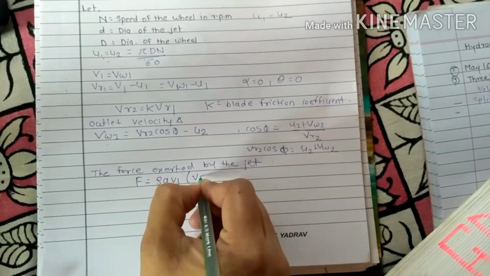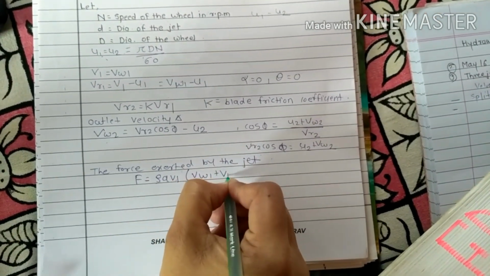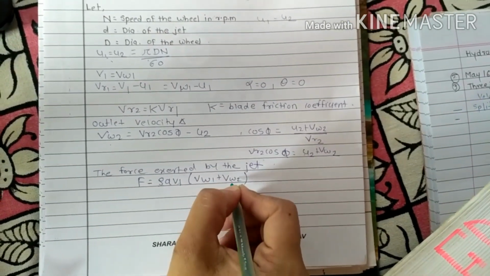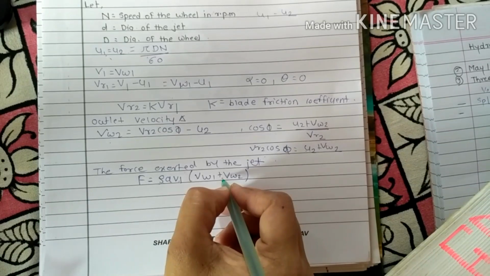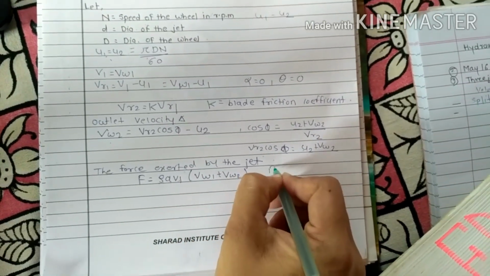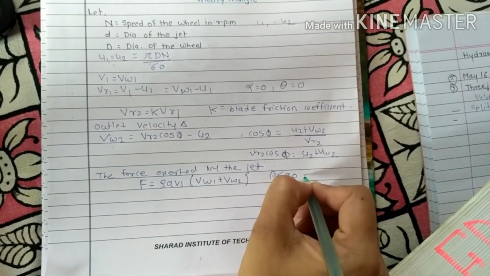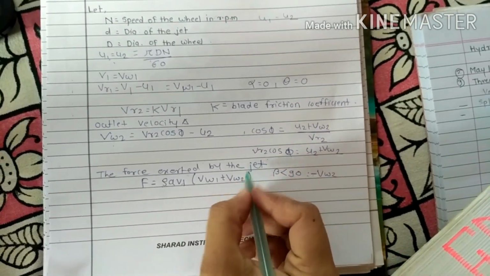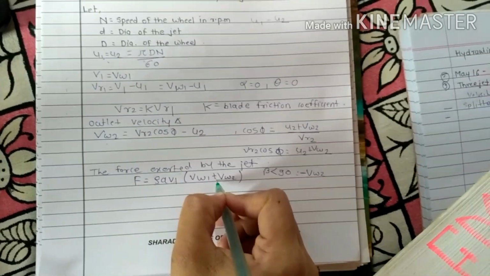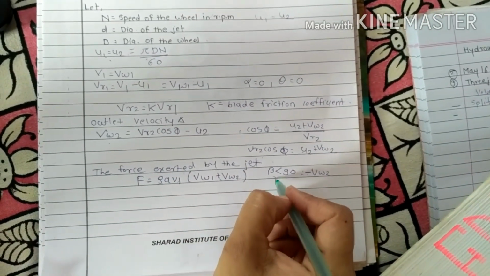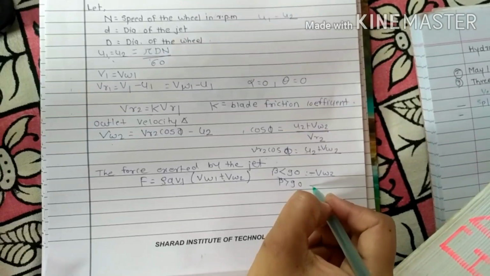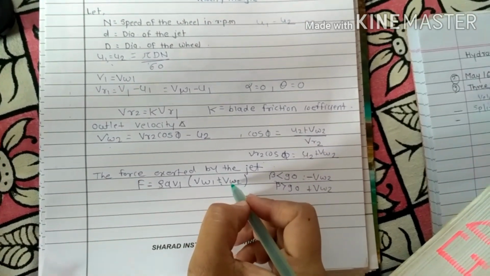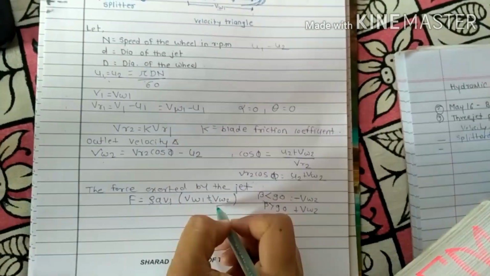And if you multiply this mass into the rate of change of momentum, we will get the force applied on that. Now why have we taken the VW sign positive here? Because beta is less than 90 degrees, and as a result the sign of VW2 is negative, and minus and minus will get plus. If you remember, when beta is greater than 90, then the sign of VW2 is positive, and here the sign comes minus. So based on that we have to change our formula.